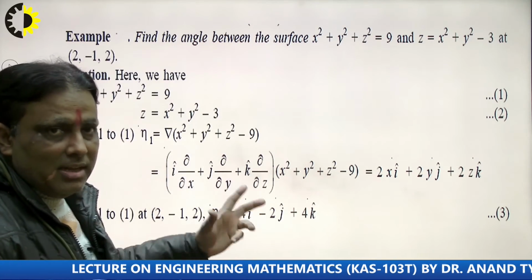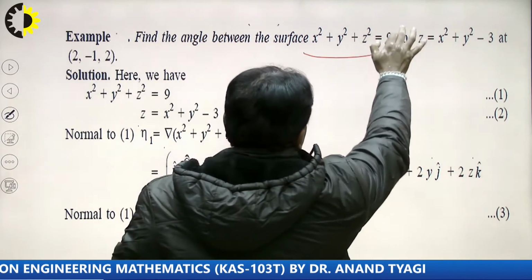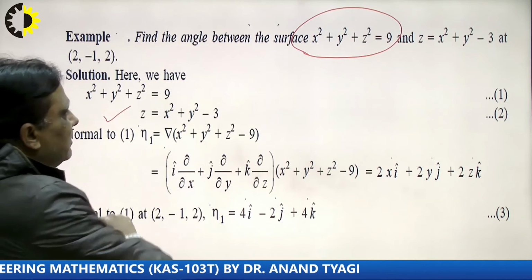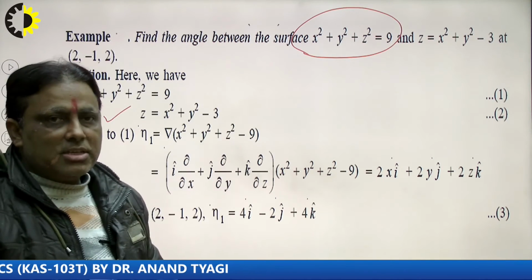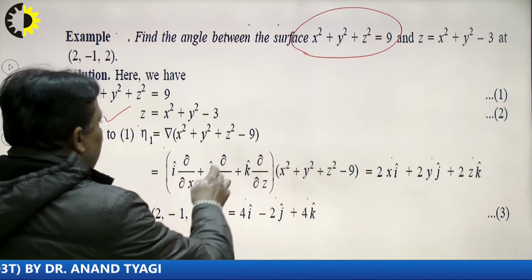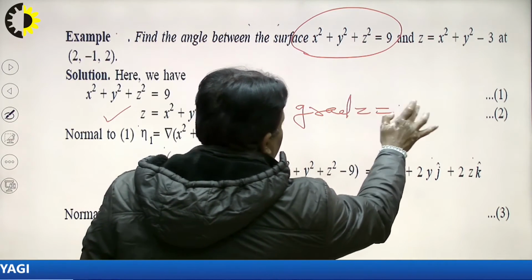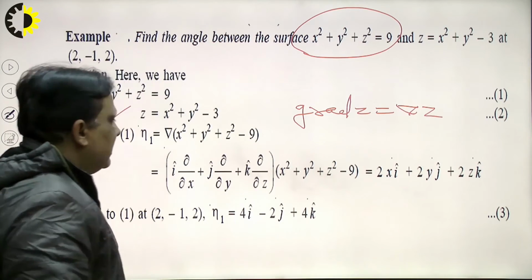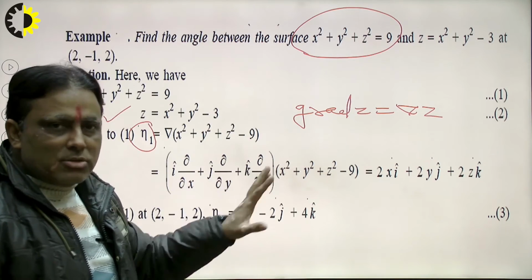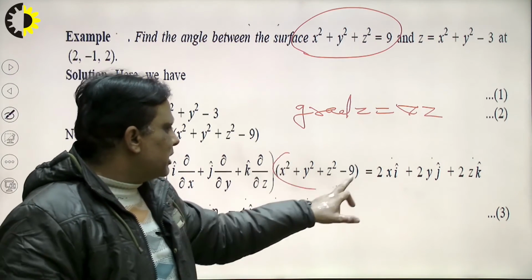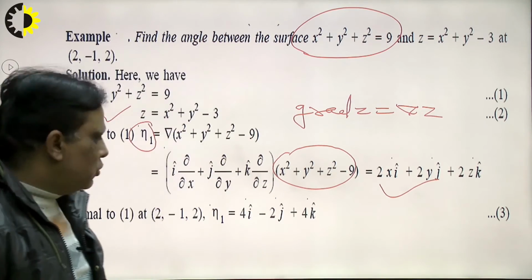So there is a method that is known as the gradient method. First of all, this surface is represented by z, I write here, and another is phi. How to calculate the normal of the first? First of all, I calculate del, grad z. So grad z is equal to del z here. Del z means I write a vector n1. So I write x square y square z square, and differentiation of these terms with respect to x, y, z will be this, and putting the value of this point (2, -1, 1).